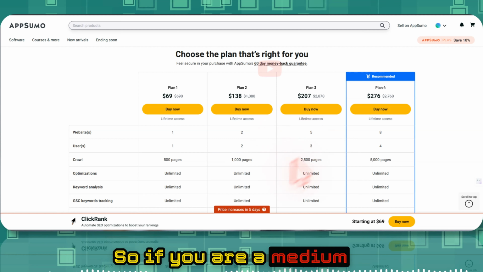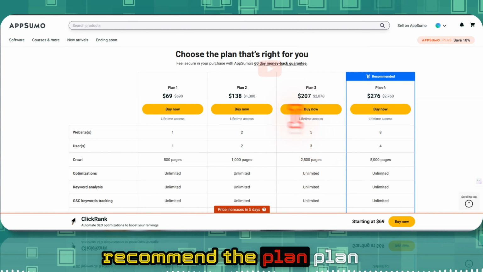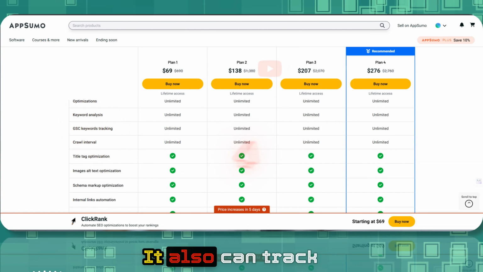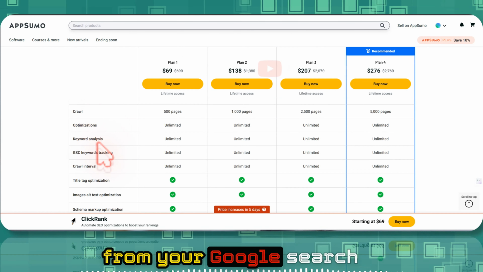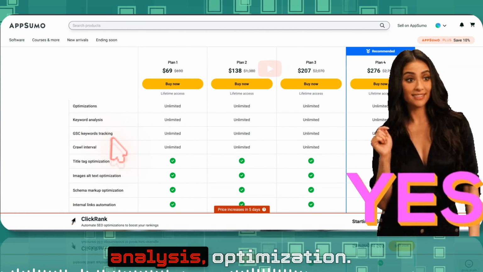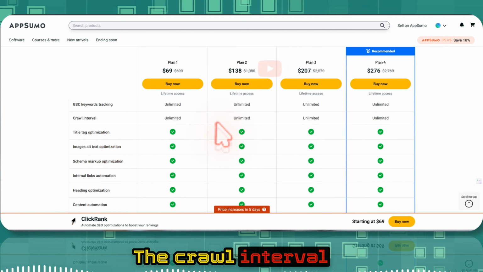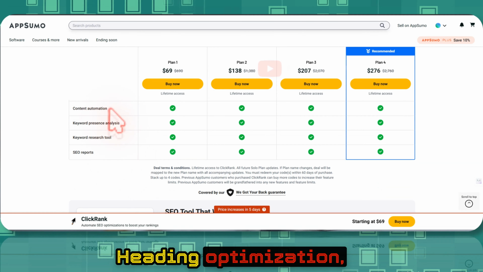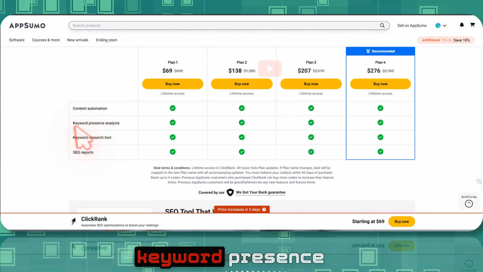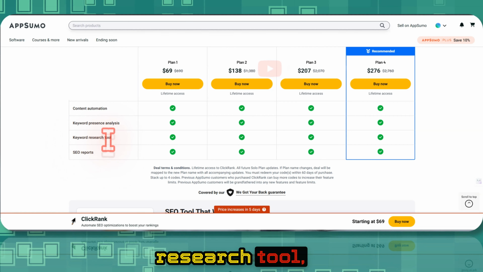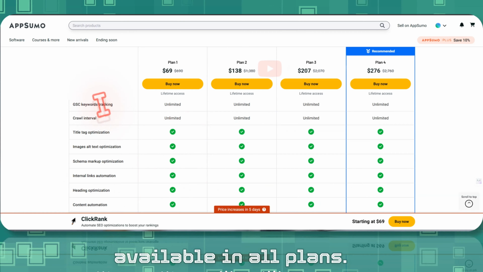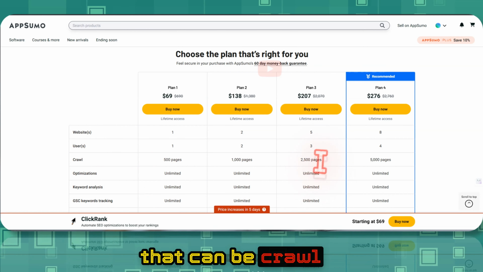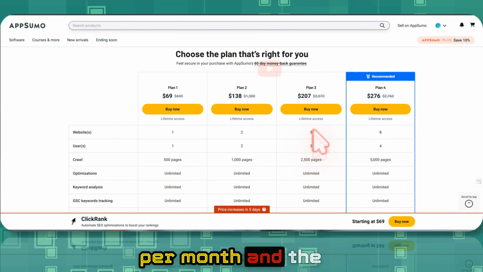So if you are a medium user, I would definitely recommend plan 3, because you can add more websites here. And yeah, it can also track unlimited keywords from your Google Search Console, do keyword analysis and optimization. The crawl interval is unlimited. Internal link automation is also there. Heading optimization, content optimization, keyword presence analysis, keyword research tool, SEO reports. So all of these are available in all plans. The only limit is the number of pages that can be crawled per month and the number of websites that